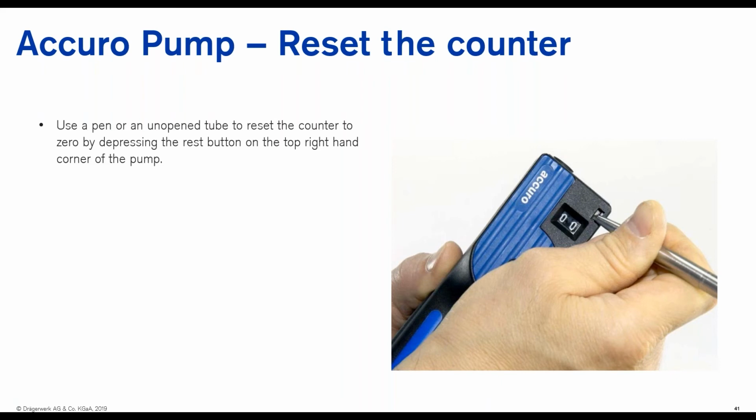So next we look into the counter. Before you take any measurements, it is highly recommended to do a counter reset so that when users do the pump strokes, the number of strokes they do is correct. This is very important for the Dräger tubes itself, because if you accidentally do additional strokes for the tubes, additional volume comes in, and especially for low concentrations, the measurement may not be accurate.